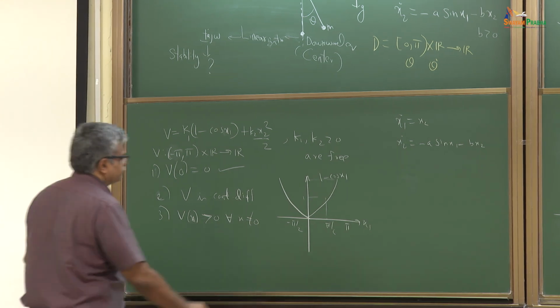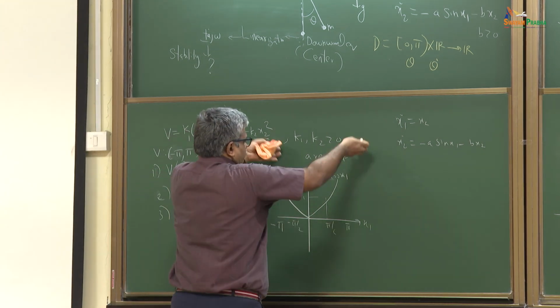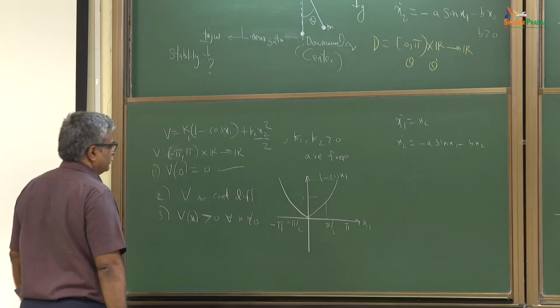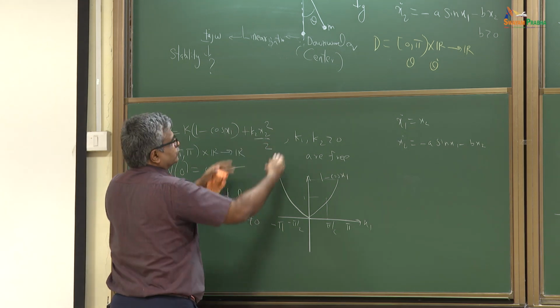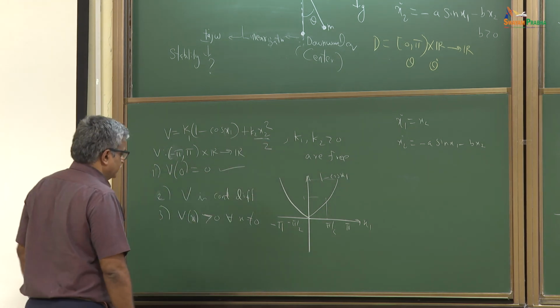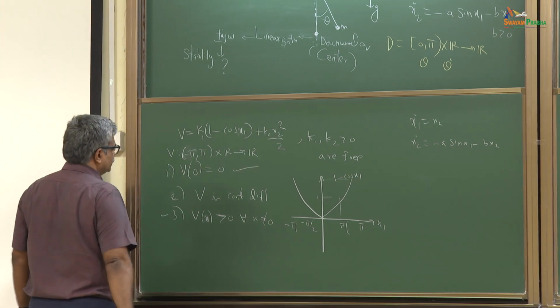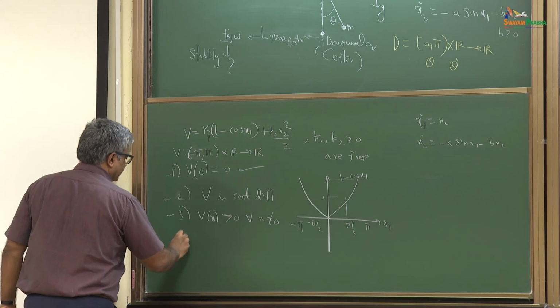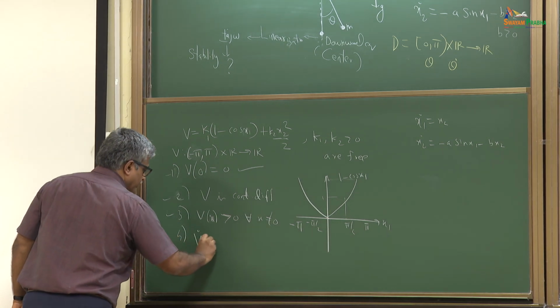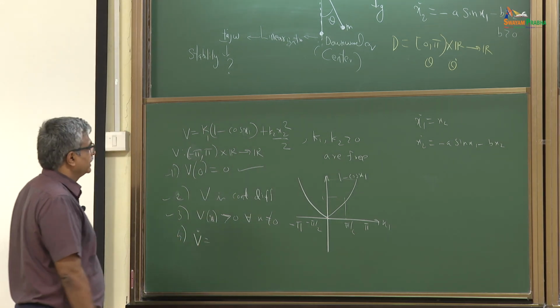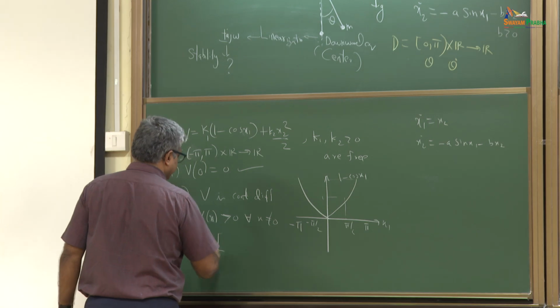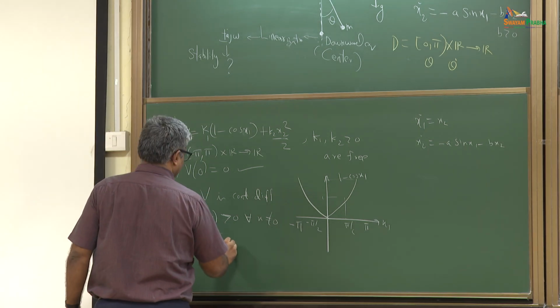Yeah. So from minus pi to pi, this is positive, right? Plus you have this also, which is a positive function, right? So this also holds. And what we have to do is find out this V dot. So what is V dot? It's the gradient of V, which is